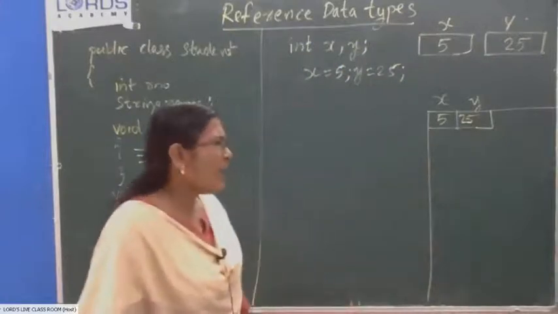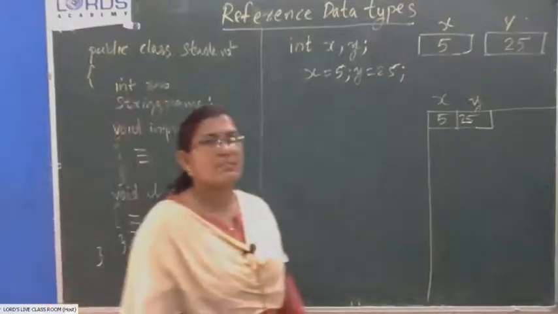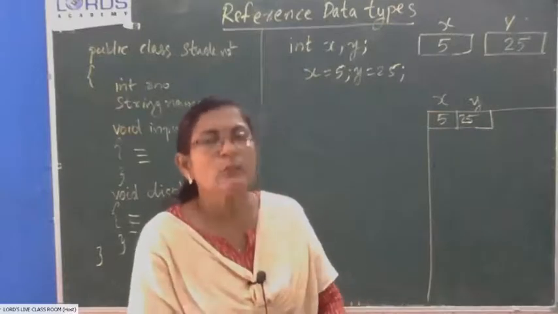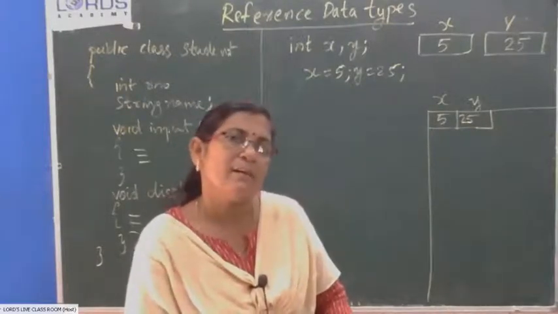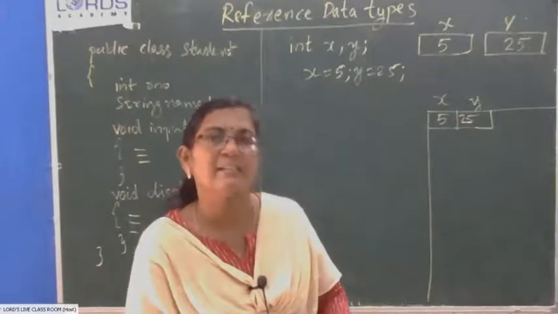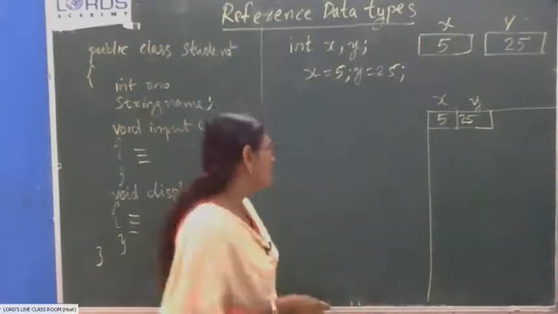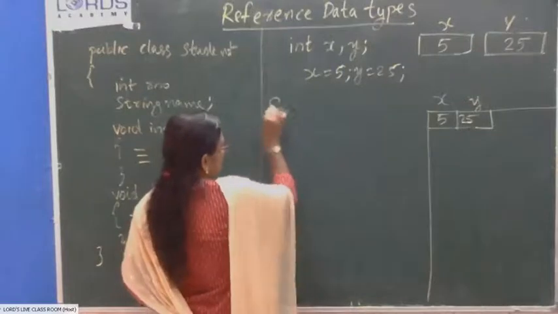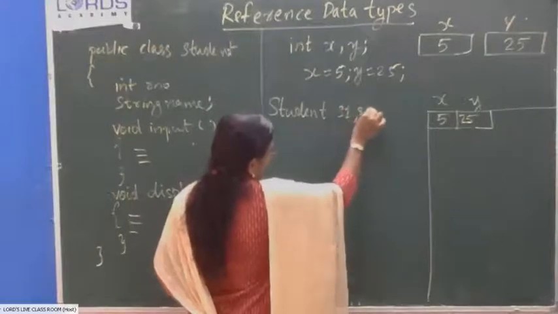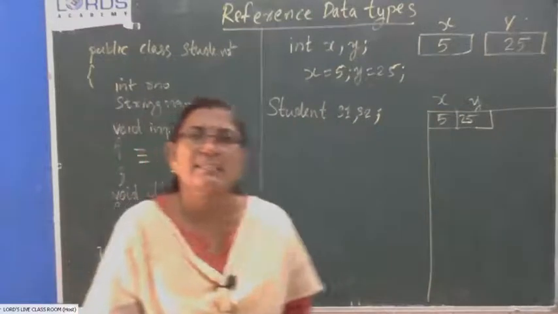Now I want to create an object of the Student class. The syntax is the class name followed by the object name. In two steps you can declare the variables for pointing to an object of a class, then create the object and assign its address to the variable, or you can do it in a single step. Let me go for two steps. Student S1, S2. I declared two reference variables of Student class type.